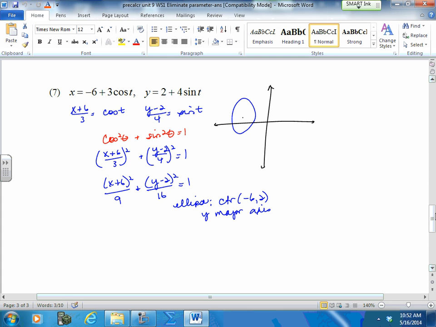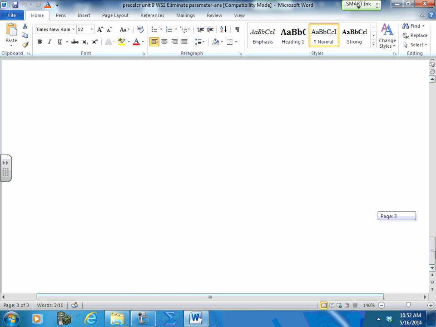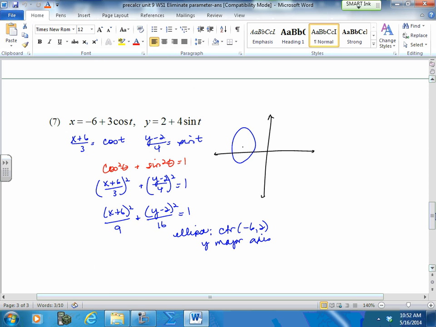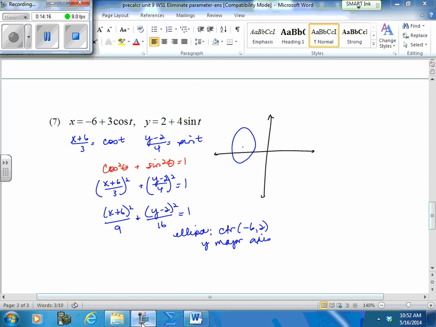So there's your ellipse with the center of negative 6, 2. Your major axis, again, is your y because that has the larger denominator. Good? I think that was it, right? Are there any